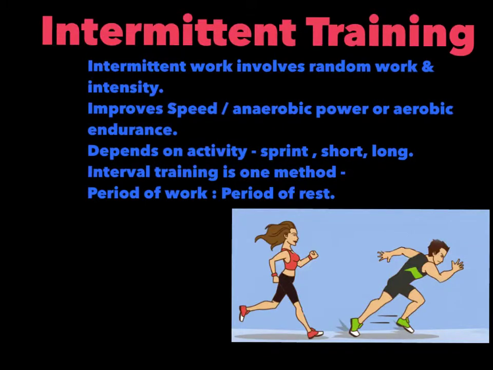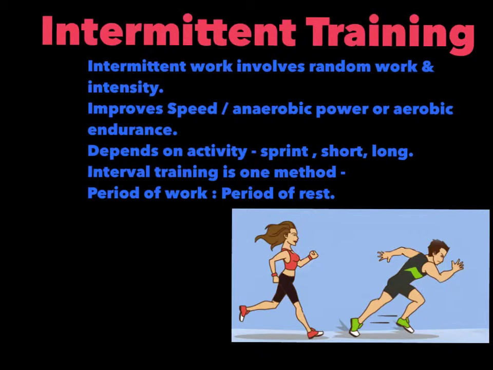So the second type of training is intermittent training. You just need to know what intermittent work is, and intermittent work involves random work basically. So most game sports are intermittent, i.e. they work at different levels of intensity, in terms of high intensity, in terms of rest, all of that being random. So in game sports for example, you'll do different activity levels of full pace, 3/4 pace, half pace, jogging, walking, stopping, changing direction, and all of those things happen in a random order,